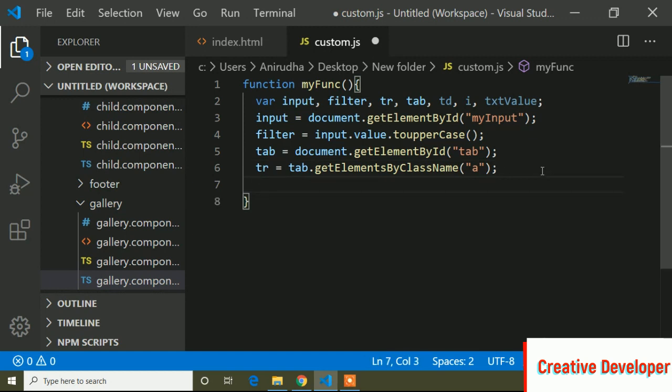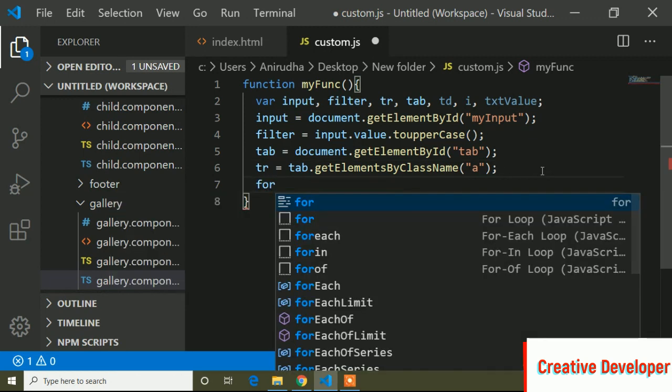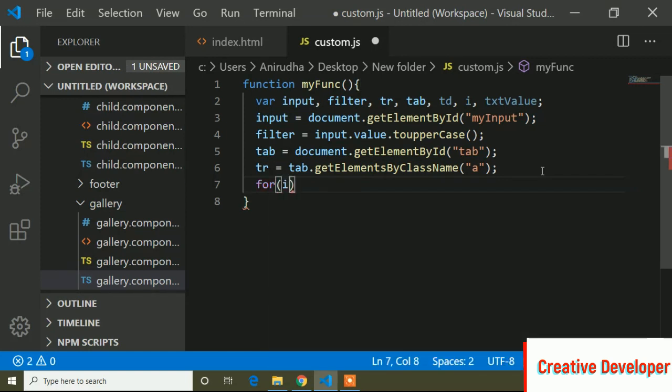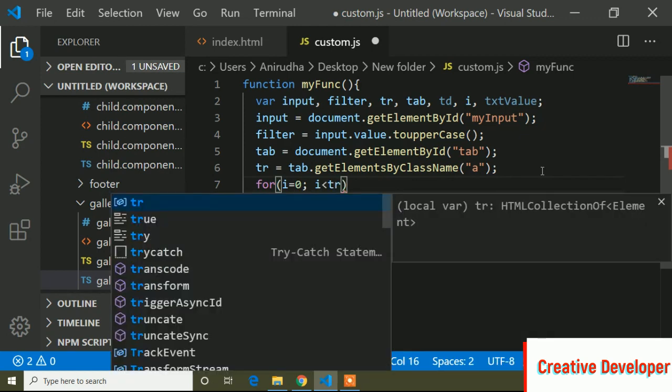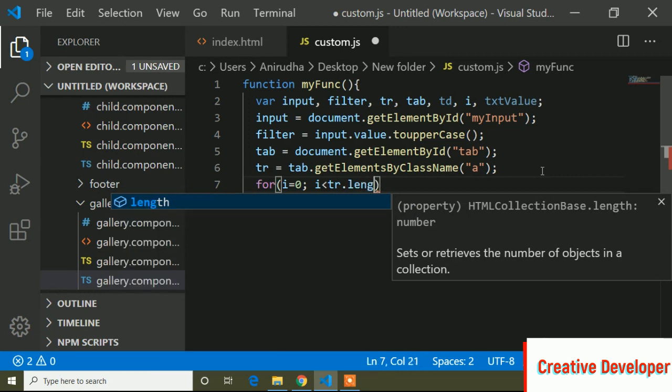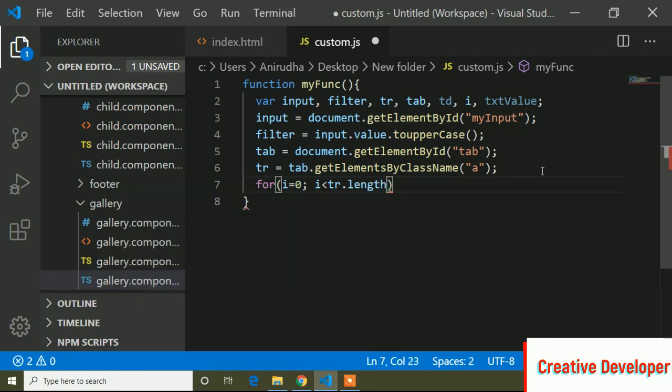Now here I will write a for loop. So for i equals to 0, i less than tr dot length, i plus plus.